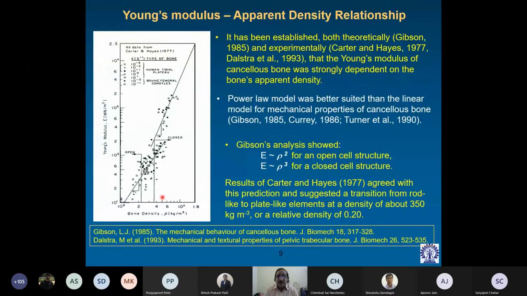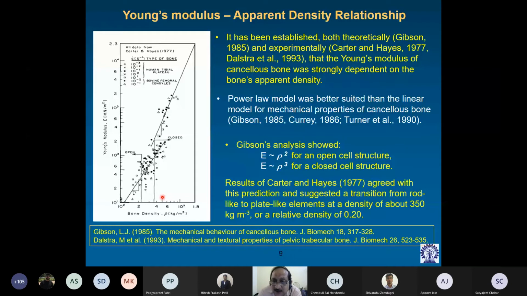So obviously, when the bone structure is transforming from open cell to closed cell structure, it is mainly due to accumulation of more bone mineralized tissue in the cell walls, okay, as I have discussed